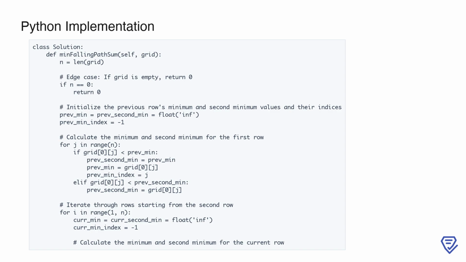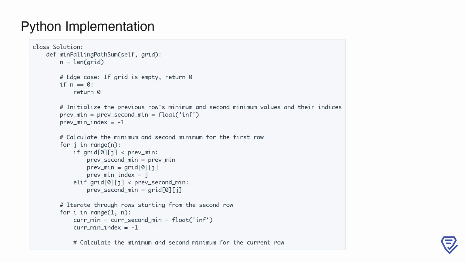To get started with the calculations, we determine the minimum and second minimum values for the first row of the grid. As we loop through each column in the first row, we check if the current value is smaller than our prev_min. If it is, we update prev_second_min to the current prev_min, then set prev_min to the smaller value and update prev_min_index to the current column index. However, if the value isn't smaller than prev_min but is smaller than prev_second_min, we update only prev_second_min. This ensures we have both the smallest and second smallest values in the first row, which will guide our calculations